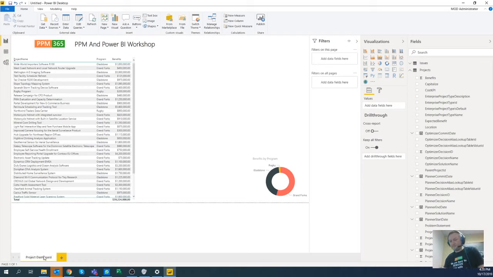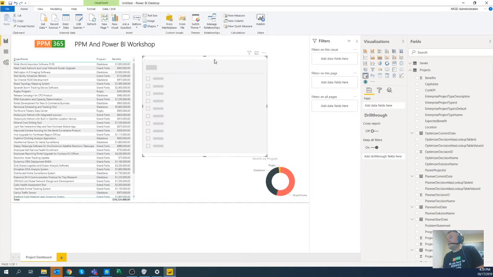Okay, now it's a project dashboard. We can also add things like the filter. It's a nice way to slice and dice the information. So here's the slicer. If I click on the slicer again, like any other visual, it will start with blank,